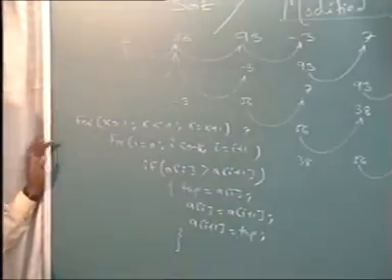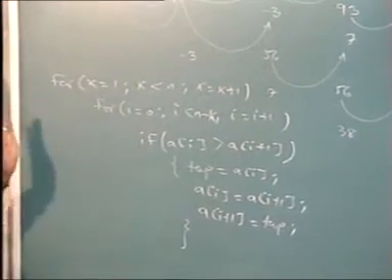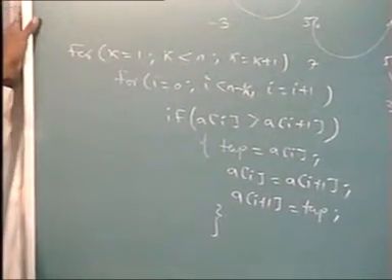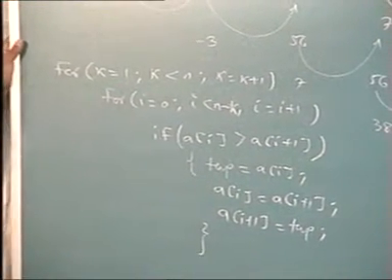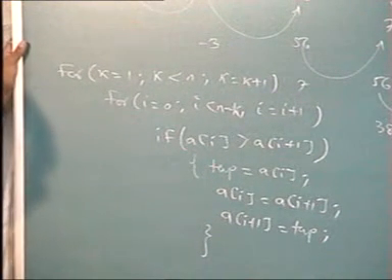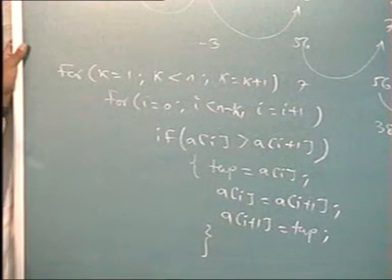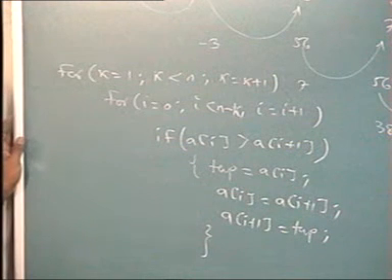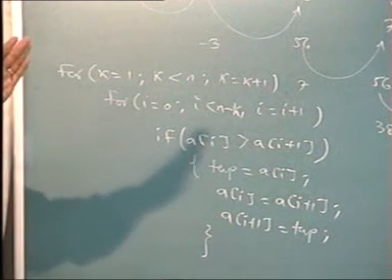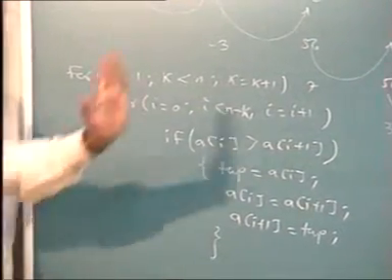It is a loop inside a loop because reset is not there. Every time you are reducing it by 1. So one has to be very careful when you actually read the code and say which type of sorting it is. Both of them are bubble sort but appear to be totally different. Over there the smallest number bubbles out to the first position. Here the largest number is bubbling out to the last position.